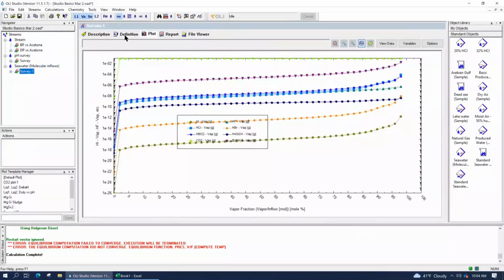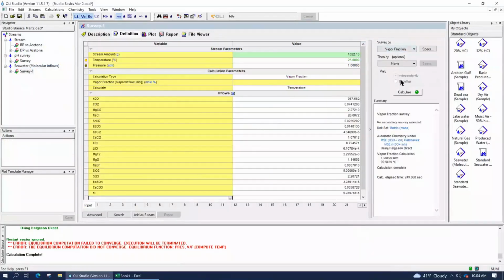We did a vapor fraction survey, which essentially is an evaporation of a stream by adding heat to the system. We used the default specifications for the maximum evaporation, which was 100%, and that caused the last calculation to fail, simply because we wanted to show you that in some cases, how you set up a case may not be thermodynamically feasible. And by me putting in 100% evaporation, that's simply not thermodynamically feasible. Okay, at least using this equation of state.